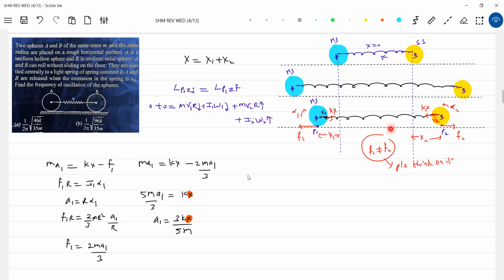The axis can pass through anywhere here, perpendicular to the plane. Okay, no confusion here. This is 0 equal to